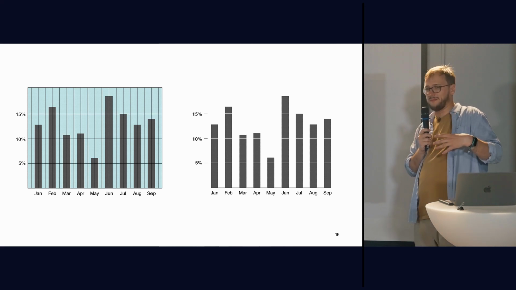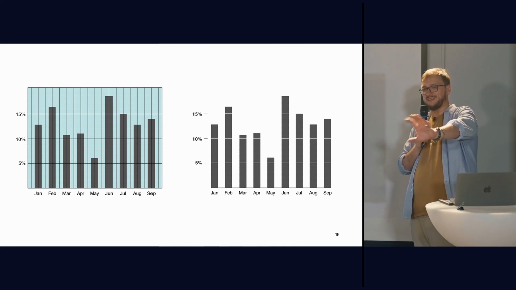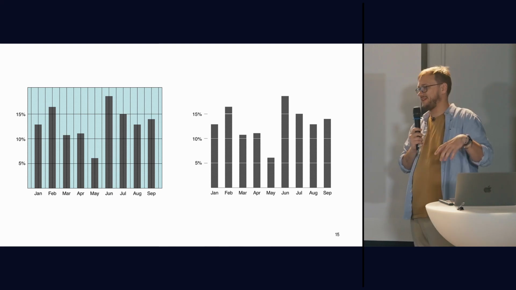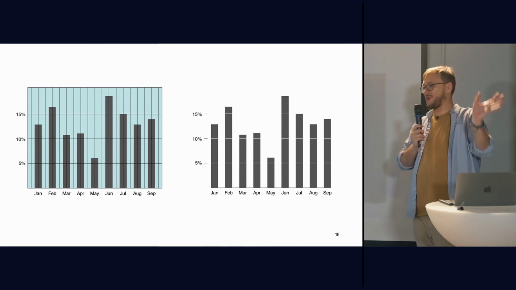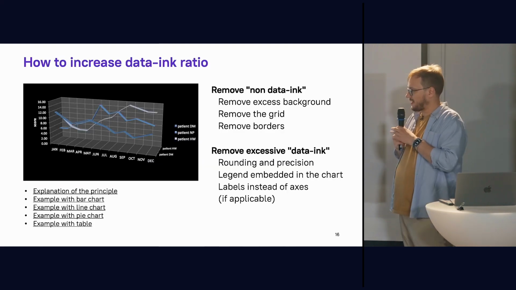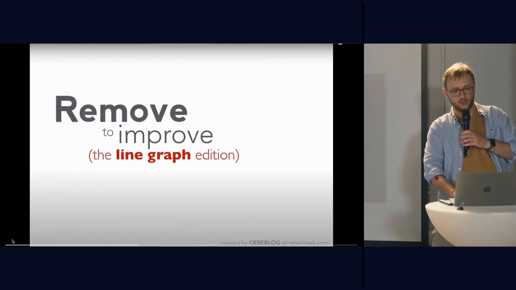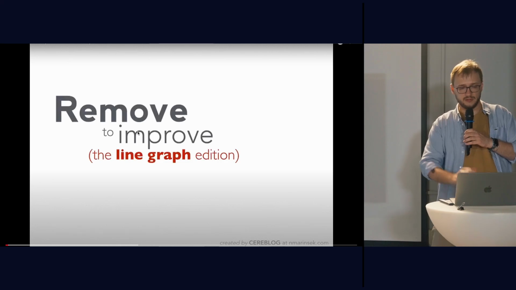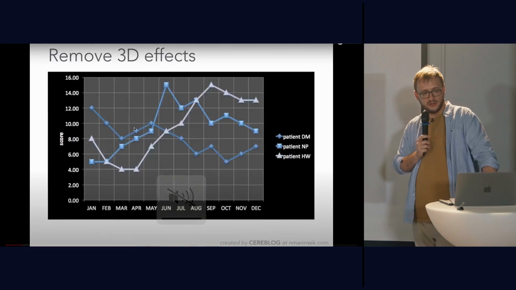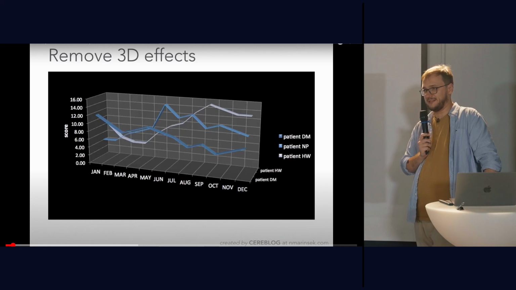For example, imagine that on your car's dashboard when you're driving, instead of just showing you a number with your speed, it would be something really colorful, really big and so on. So let's see how it's applied to real examples. We are going to look at one of the design steps on how to improve your data-ink ratio.